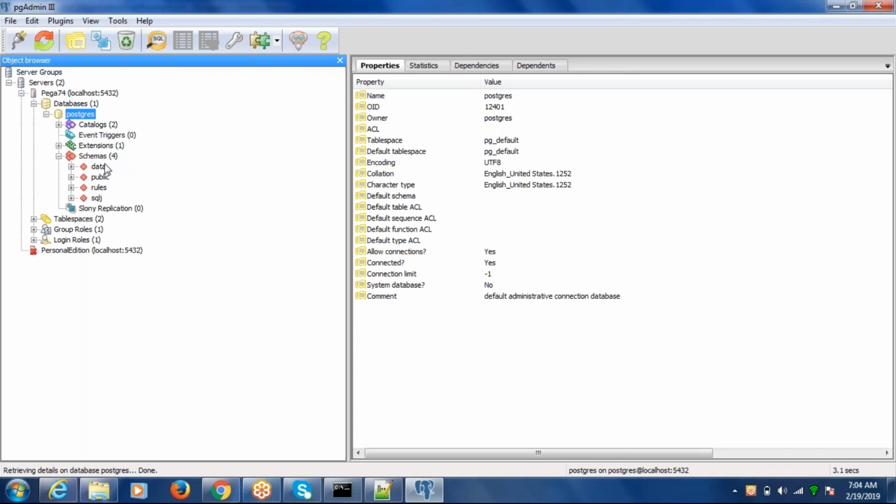So here we are responsible for the schemas data and rules. Everything that we do as a developer gets stored in the rule schema and data schema. Schema is nothing but a collection of tables.